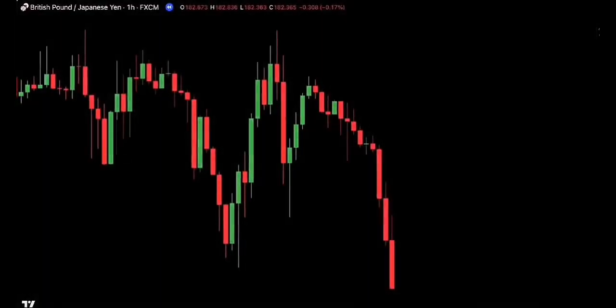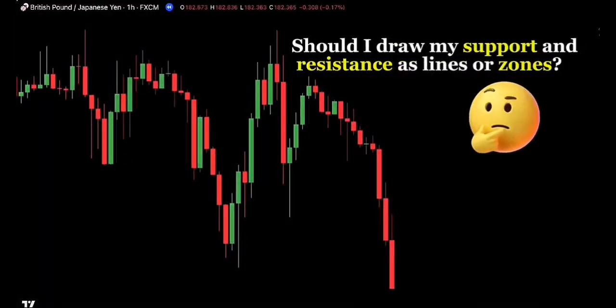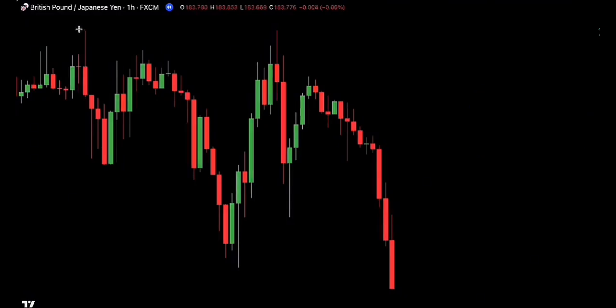One of the most common questions traders ask is, should I draw my support and resistance as lines or zones? Let's break it down using an example from the British pound, Japanese yen. A single horizontal line works well when all the reversal points align perfectly along that line. As you can see here, by plotting one line, we can identify a clear and obvious resistance level because the